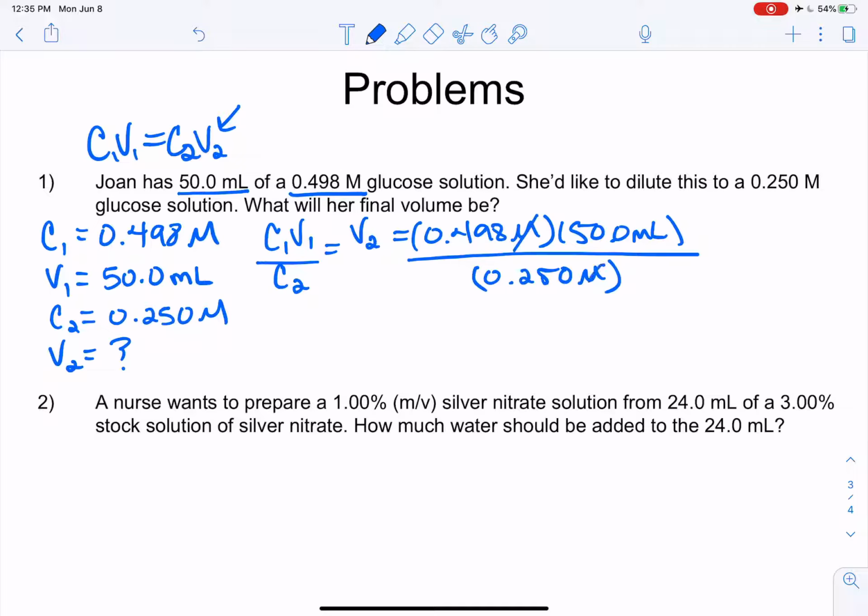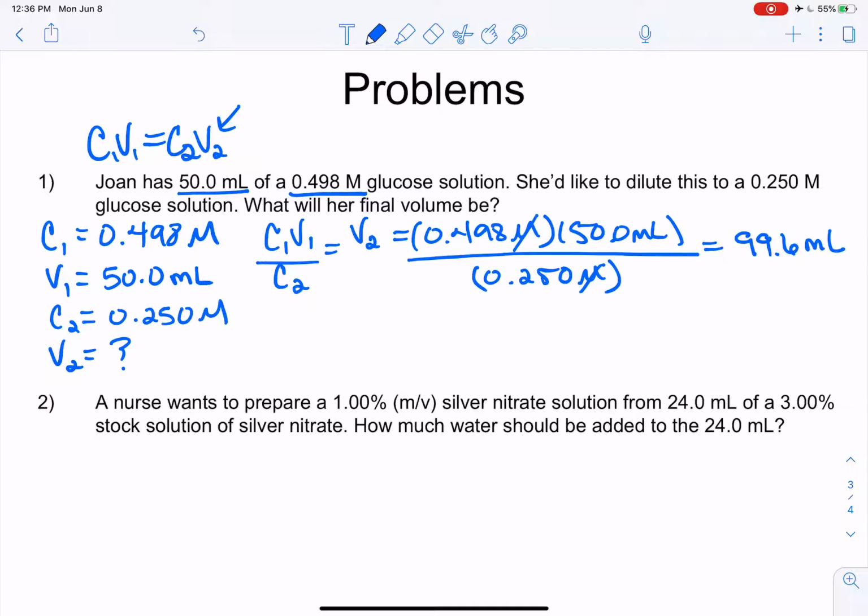The molarity cancels out, and we end up with 99.6 milliliters. Okay, so what we would do is we'd take that original 50 milliliters and we would grab some DI water, and we would squirt the DI water into that original 50 milliliters until we got a final volume